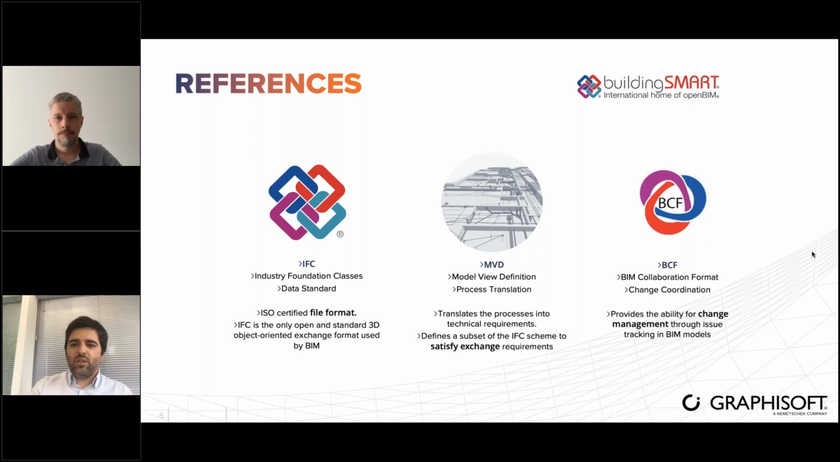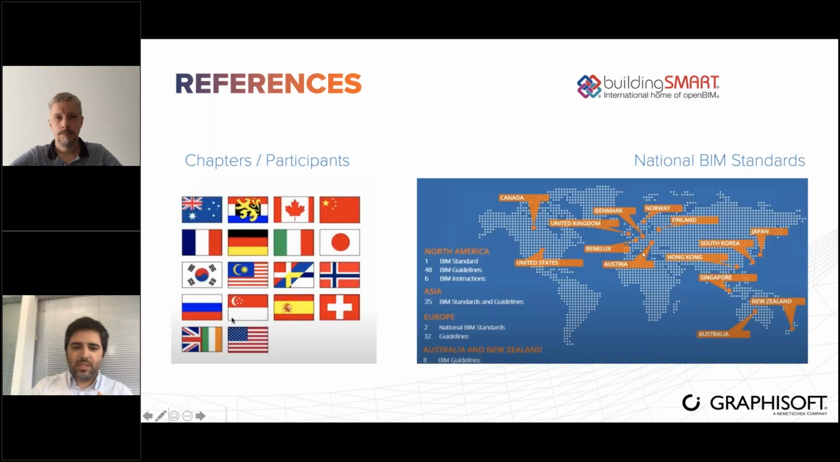Very important also under Building Smart, there are many different chapters and participants. So Singapore is one of them. Malaysia is also there. And there are many national BIM standards. So this sometimes makes it difficult to work between different